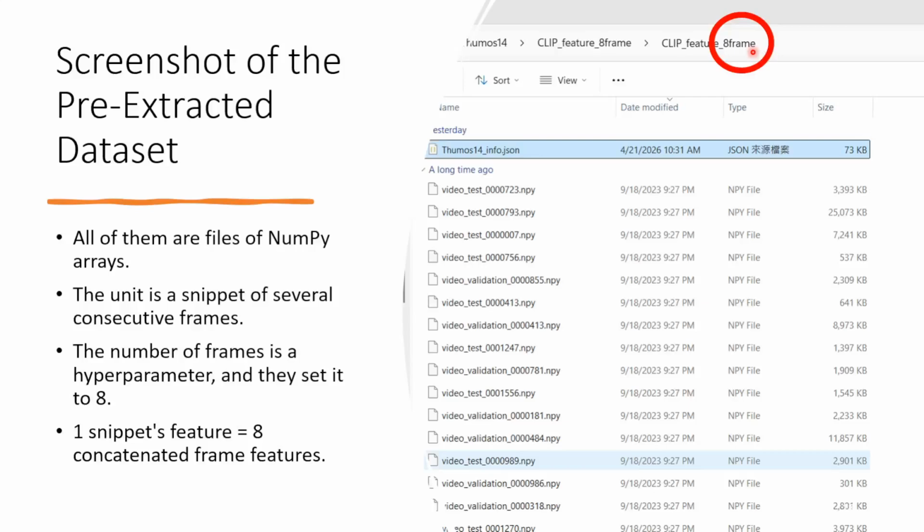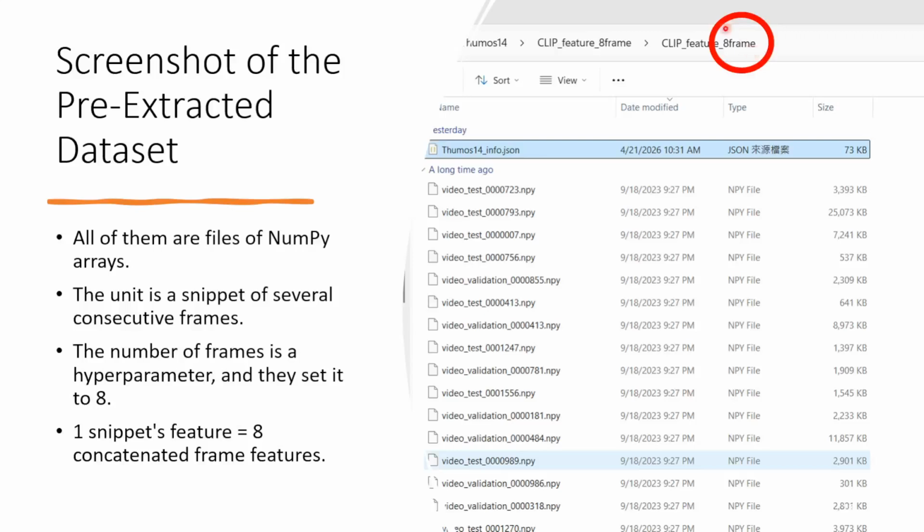But they use 8 consecutive frames to extract 8 CLIP image encoded features. Every frame will have a feature, and then they concatenate 8 features. They call it the snippet.